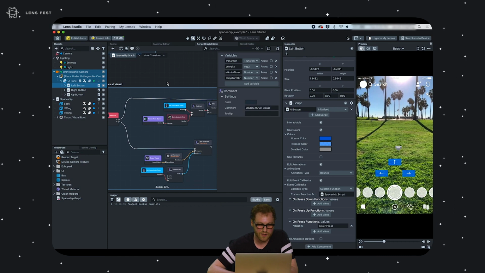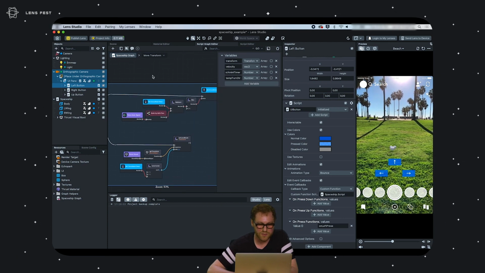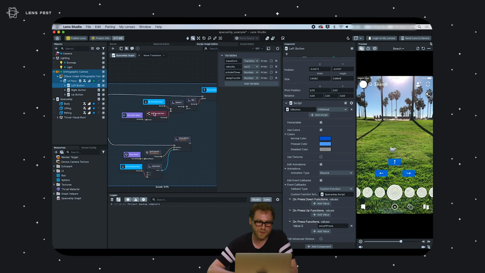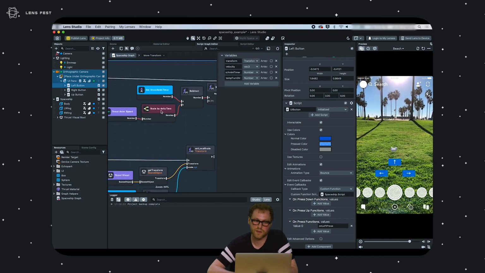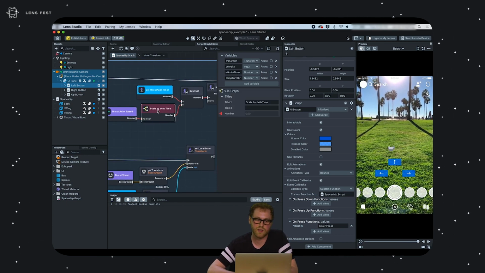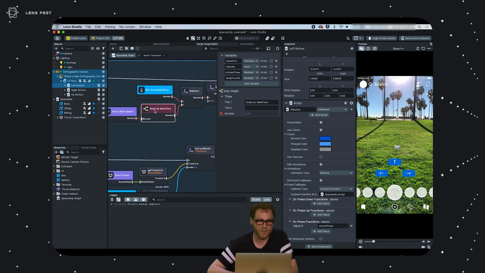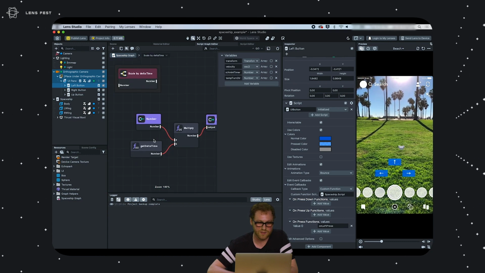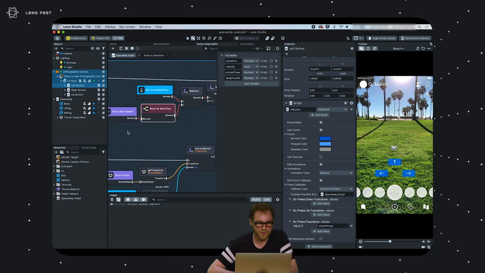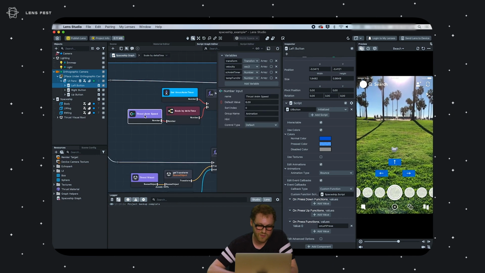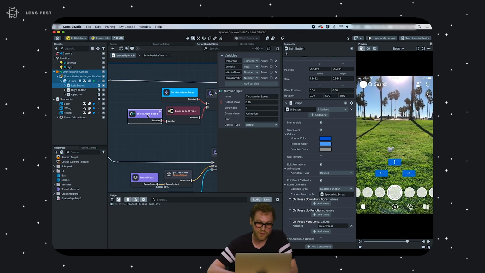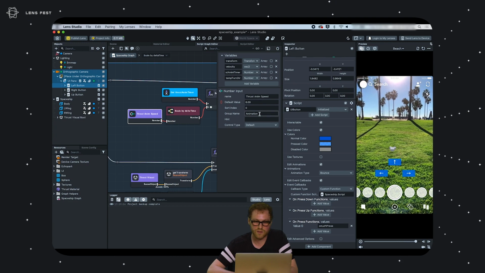This one does some kind of similar stuff. It's basically just decreasing the timer every frame. And we have another cool subgraph here called scale by delta time, where you just pass in a number and it multiplies it by delta time. So pretty simple. But there's another cool thing we have here, a number input, but we actually are doing some cool stuff with